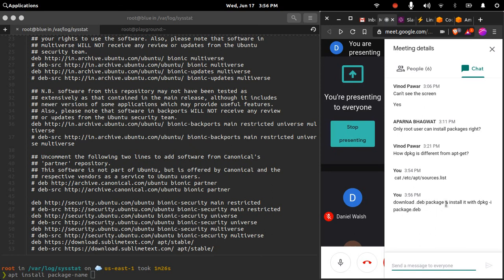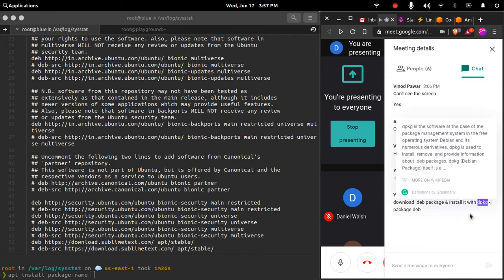You download your deb package from the browser, store it somewhere on your file system, and use the command dpkg -i followed by the path to your package. In this way you can install the dpkg version of that package.